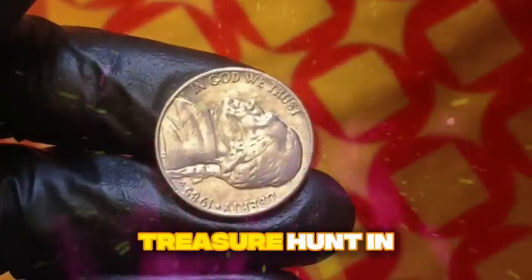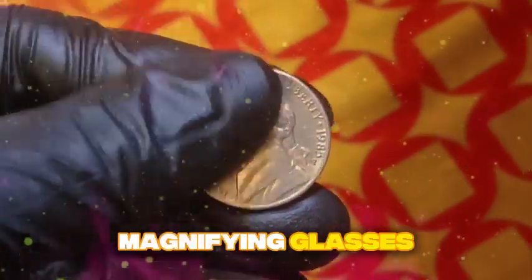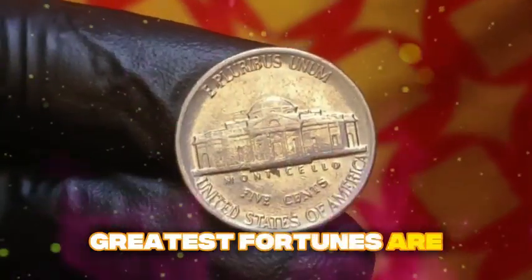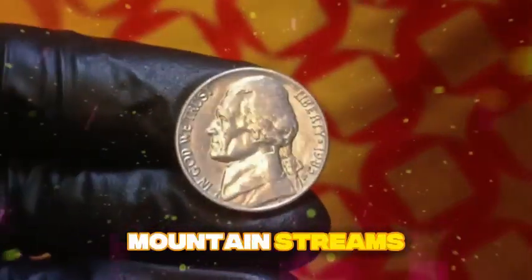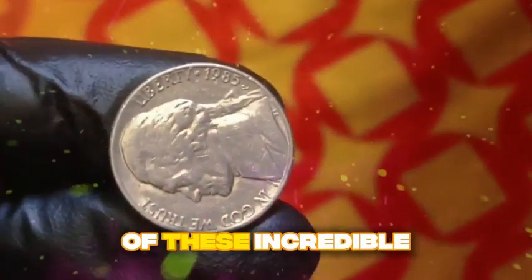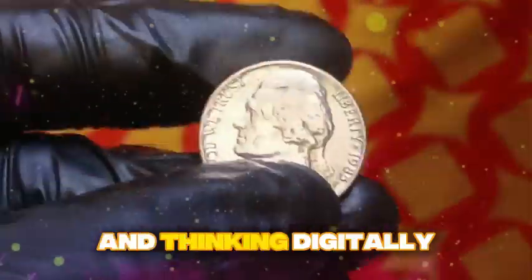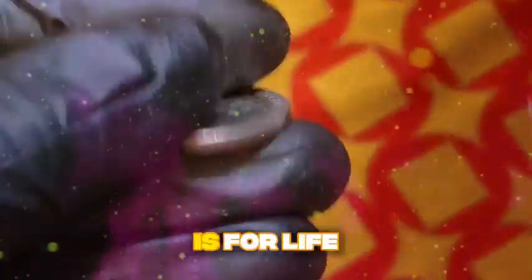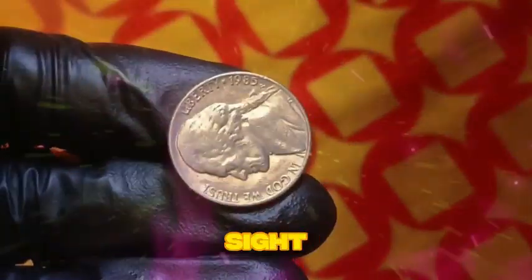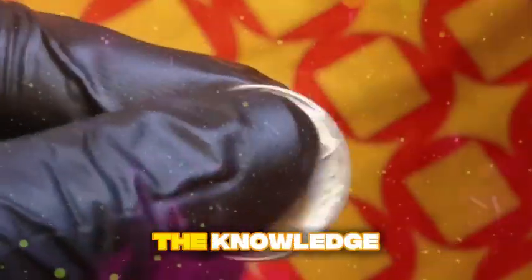And the greatest treasure hunt in American history, where the prospectors are armed with magnifying glasses and knowledge instead of pickaxes and maps, and where the greatest fortunes are discovered not in remote mountain streams, but in the most familiar objects of daily commerce. The ultimate lesson of these incredible discoveries is that in a world where most people are looking at screens and thinking digitally, the greatest opportunities for life-changing wealth still exist in the physical realm, hidden in plain sight, among the coins and bills that pass through our hands every day, waiting for someone with the knowledge,